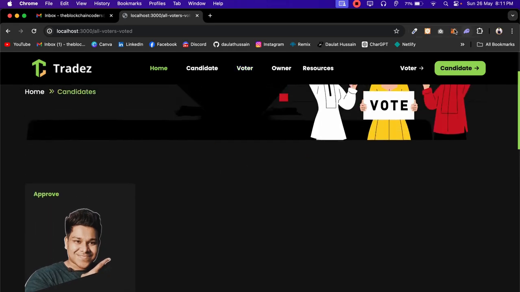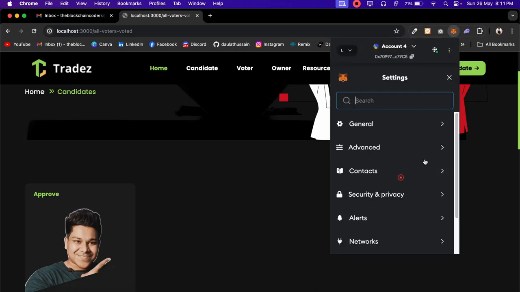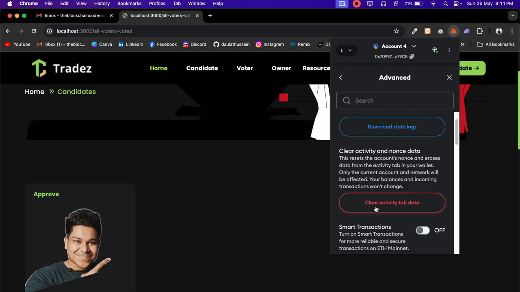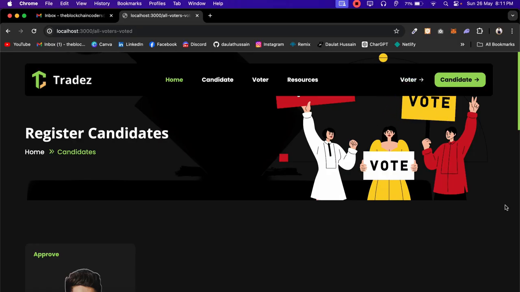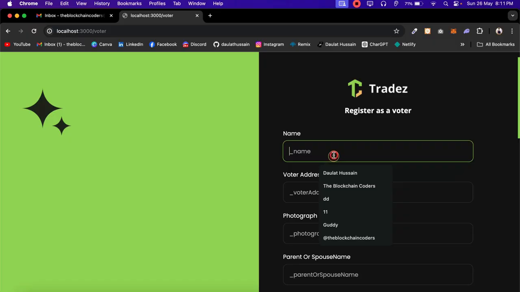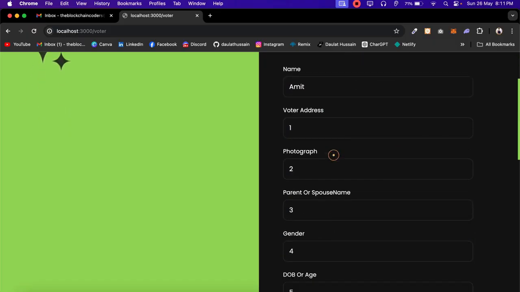Now let me go to a different account, and let's create an account with a different one. So I'll go back to account number 4, and let's clear my MetaMask history, otherwise the transaction will fail, and click on clear, confirm. Now I can create as a voter, I can create as a candidate, there is no problem. So I can come back to the voter and I can create my account. I'll say Amit, I can give this data. Make sure you give a 5-digit